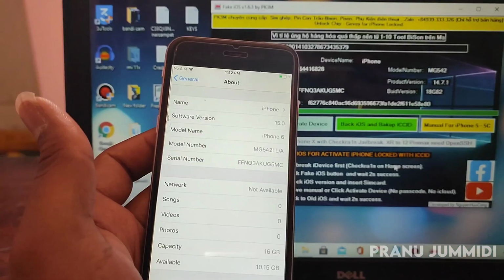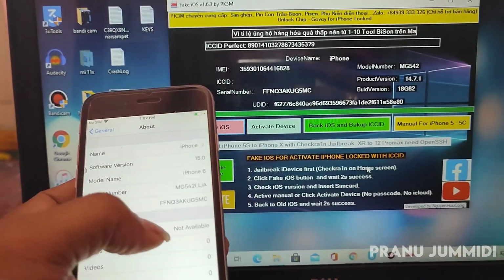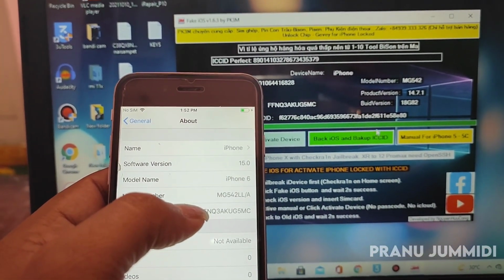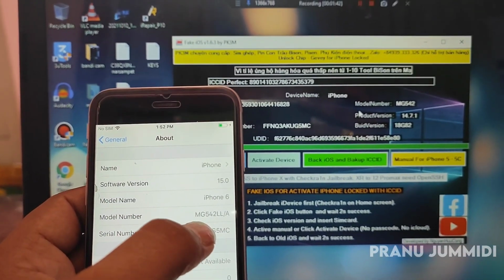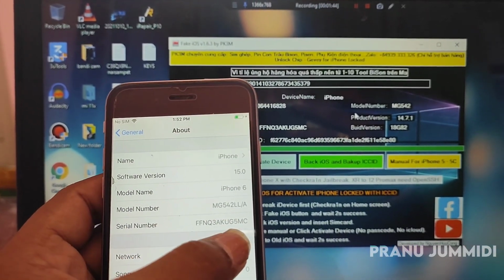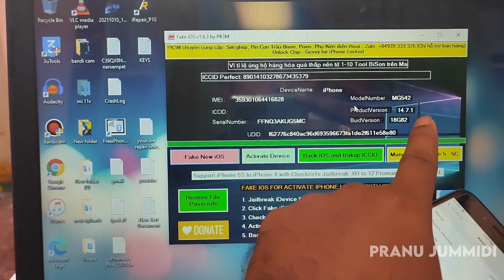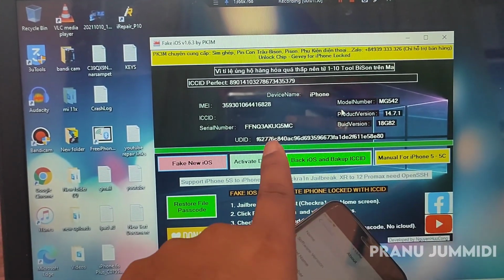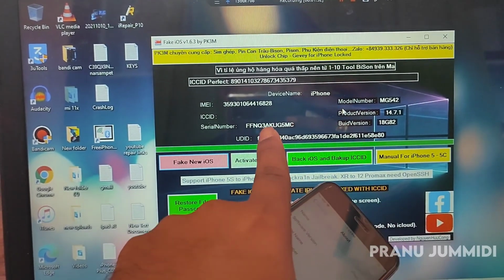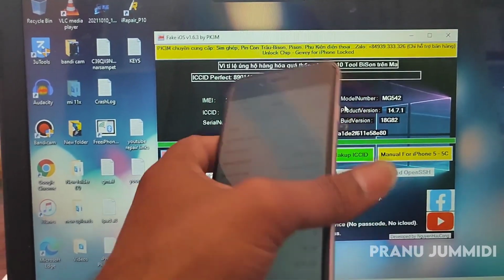See here, on this device I will show you the version. See, the software version is iOS 15, and this is the iPhone 6, and check the serial number. The tool can show you the original iOS, but on this device it will show you the fake iOS version.